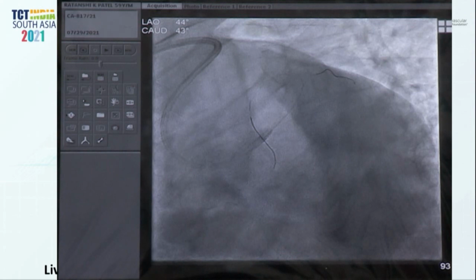But finally, in the angiographic follow-up, you see there is some gap and again a problem in the ostium of the side branch. So I don't know. Then let's take 2.75 by 38. In our center, we prefer culotte more than tap.